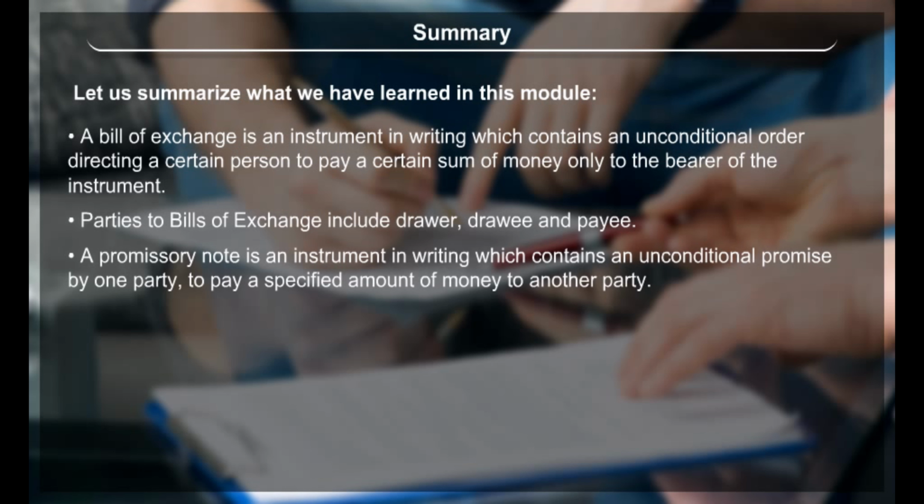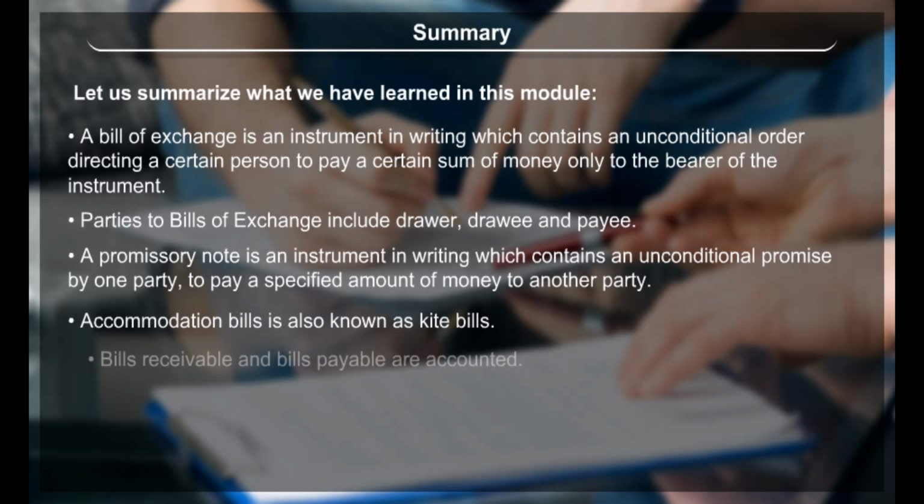A promissory note is an instrument in writing which contains an unconditional promise by only one party to pay a specified amount of money to another party. Accommodation bills are also known as kite bills. Bills receivable and bills payable are accounted